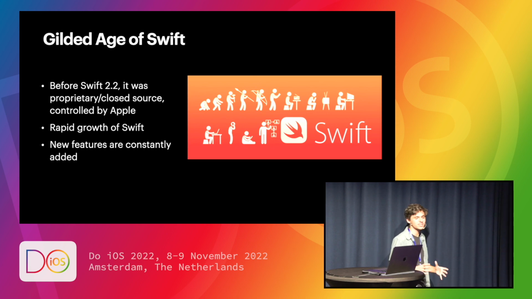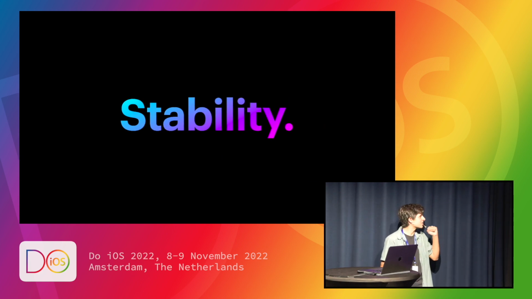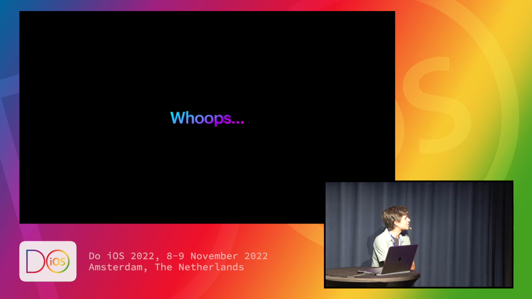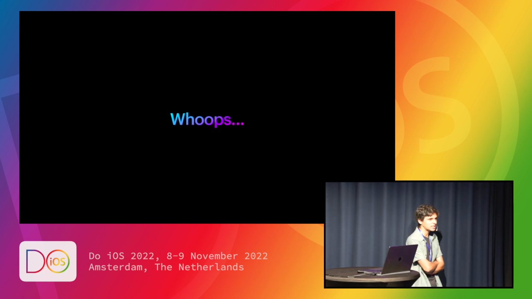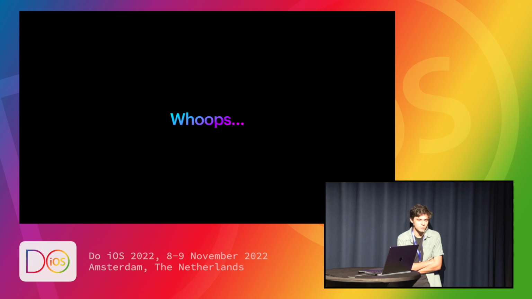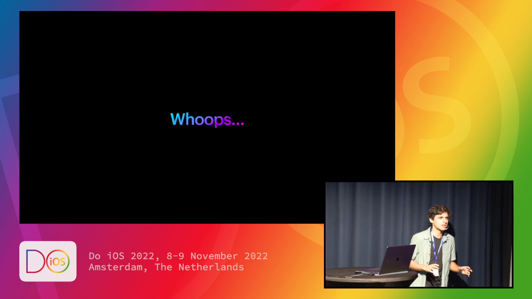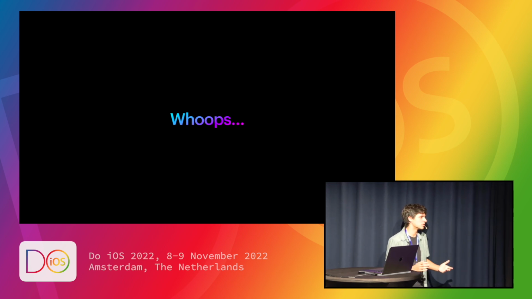New features are constantly being added, and with this, things seem to be going well, except we have a couple things. Like we got all this stability, except how do we feel during that time? Yeah, not so great. During the Gilded Age of Swift, as I call it, Swift stability is a huge issue, and we're going to get more into that in a bit. But for right now, stability remains one of the huge things holding back Swift from being kind of the ab initio, as you could say, language of choice for developing apps.